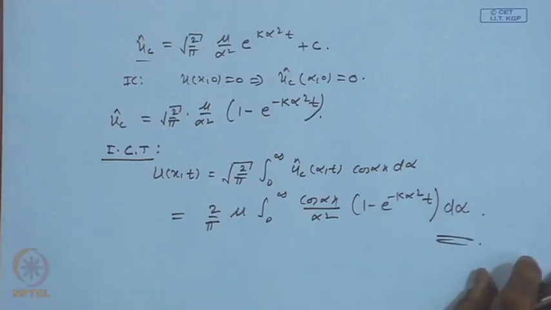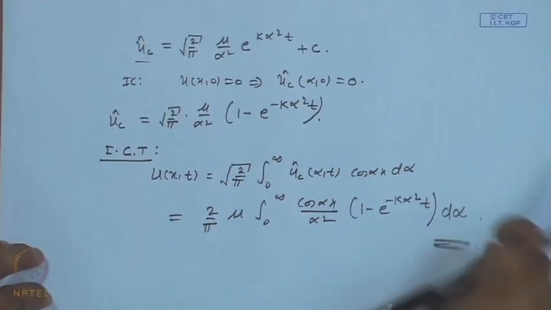So, these were the 3 applications where we have used the heat equation. The first was by applying the Fourier transform directly to the problem. In the second, we applied the Fourier sine transform depending on the conditions, and in the last example which we have just done, we applied the cosine transform again depending on the condition. So, we go now for the